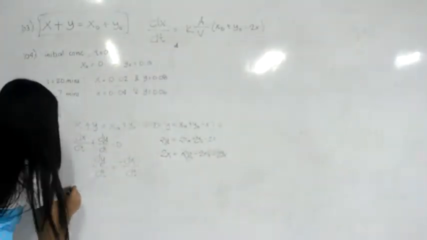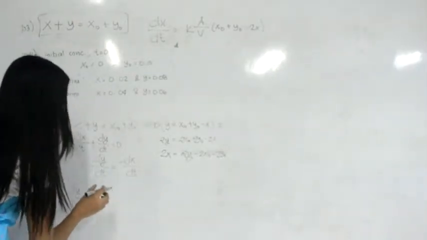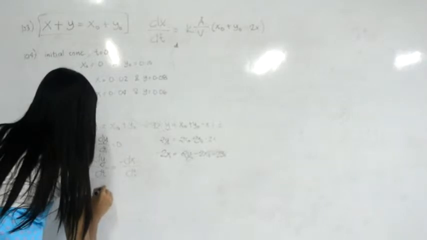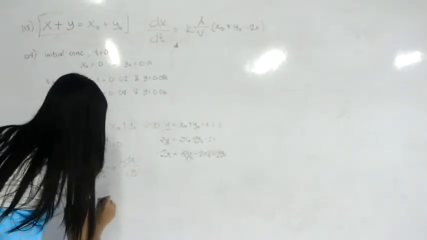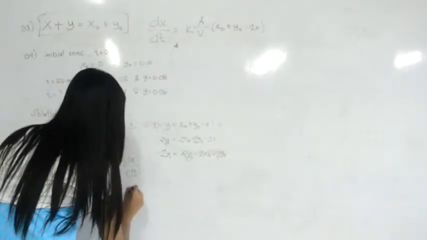So dy over dt is just equal to the negative of dx over dt, which is equal to negative KA over V times